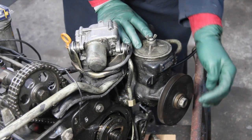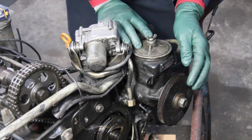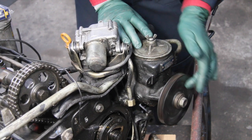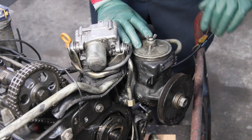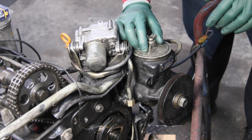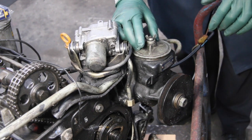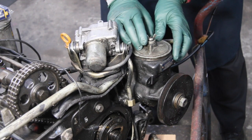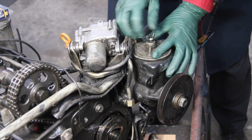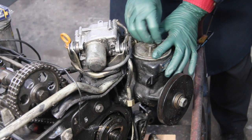Let's talk about the power steering pump and any maintenance issues related to it. This is the pump that produces pressure in the hydraulic fluid to the steering box to give you that power steering feel. So if you're having problems with your steering being stiff or making growling noises, the first thing you want to do is inspect the level